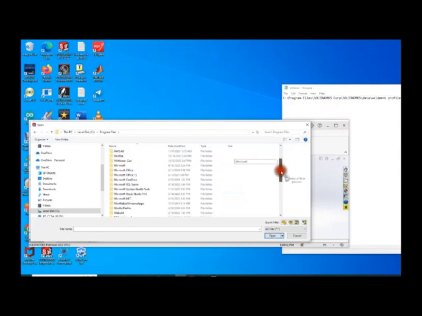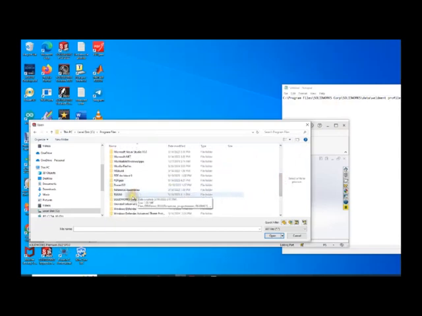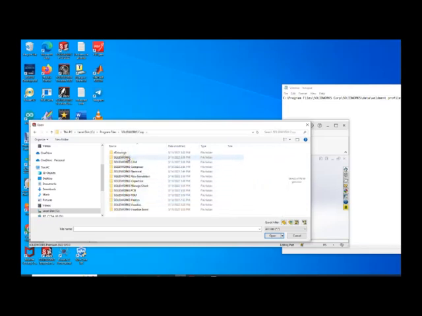Solidworks, see, Solidworks is SolidCorp, and then Solidworks, and then mine are in data. Some of these files I have seen that they're located someplace else, so be careful. Mine are in data, so I go data here, and data, Weldment profile